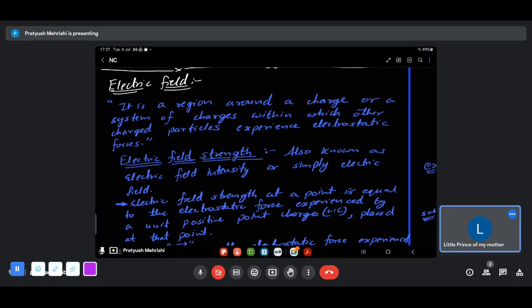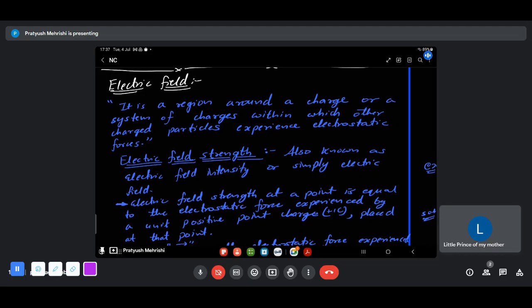Getting it? So this electric field strength is mathematically called just electric field only, sir. Electric field, see, for mathematical purposes, we defined earlier that it is the force experienced by a charge. Now, experience is a subjective quantity. We cannot write it down mathematically, like you experience fear, I experience joy. That is a subjective quantity.